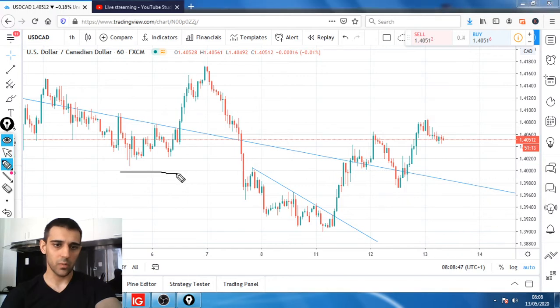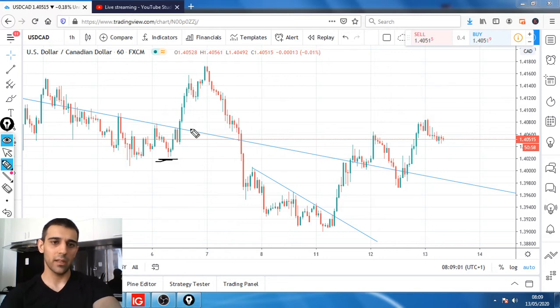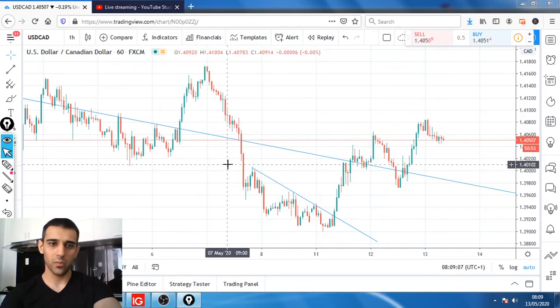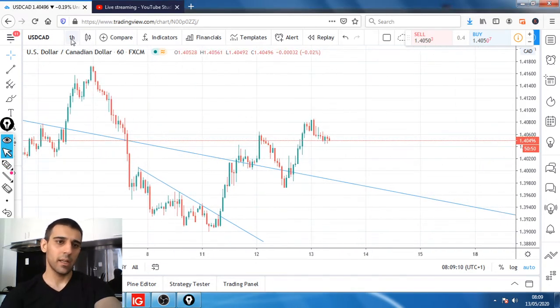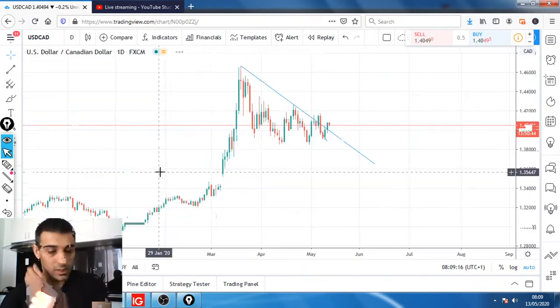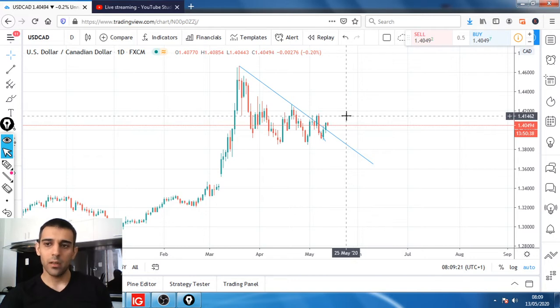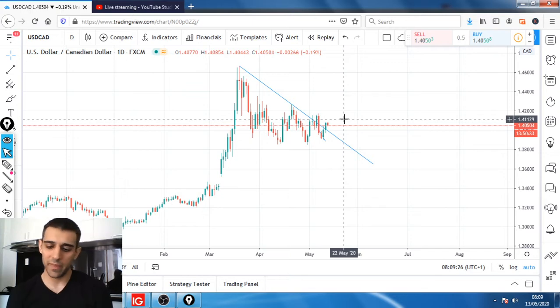I don't want to put my stop loss at this level, so below this spike, all down here, just in case we are wrong, then it's fine, but we don't want that. If we position our stop loss, let's say somewhere here, the price will come down, pick up the stop loss, and then continue towards upside. So we don't want that. So we're looking at a 35 pips stop loss, and the target, if you go to the daily time frame, is roughly about 100 pips gain on that one.